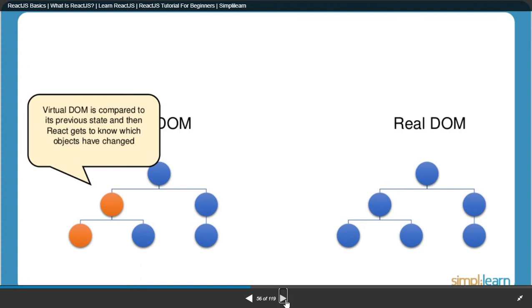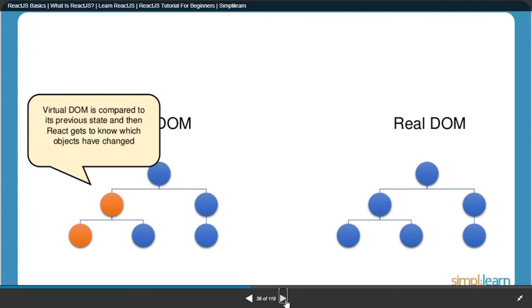Let me bring this to the same like button example. Consider that now your post has 15 likes. Now I am hitting the like button, so the like count value will change to 16. The previous value was 15, but now it has changed to 16. So the virtual DOM will compare to the previous state, and only then will it tell React whether to change the value or not.